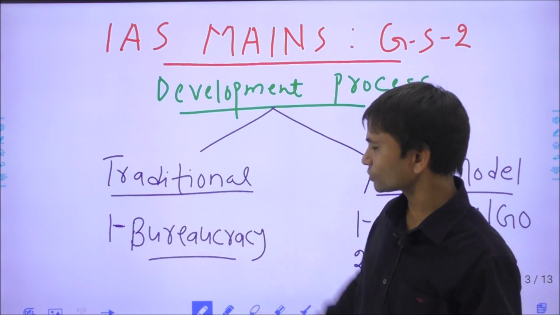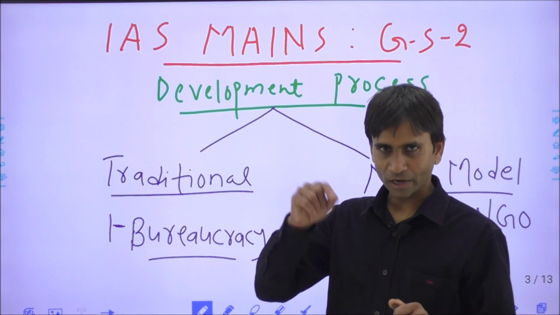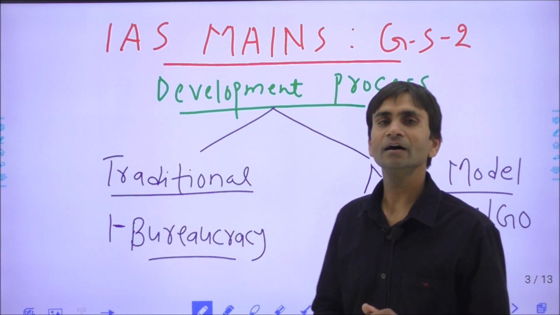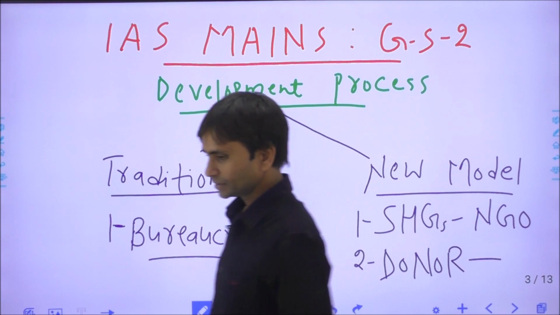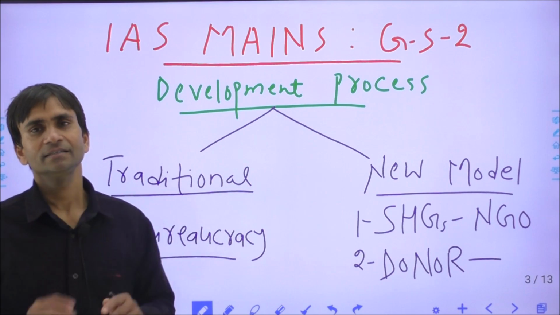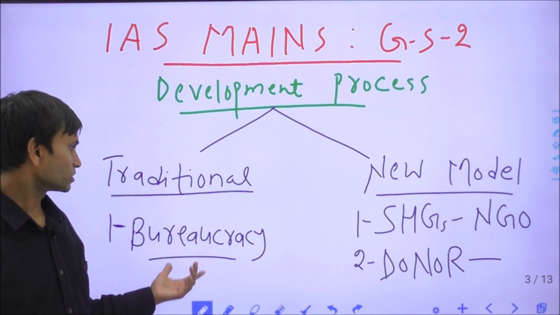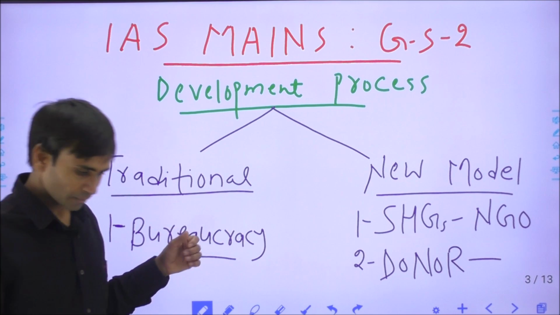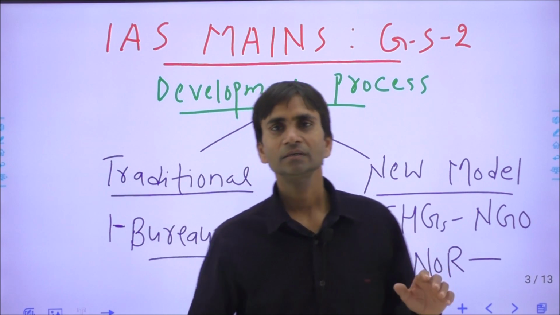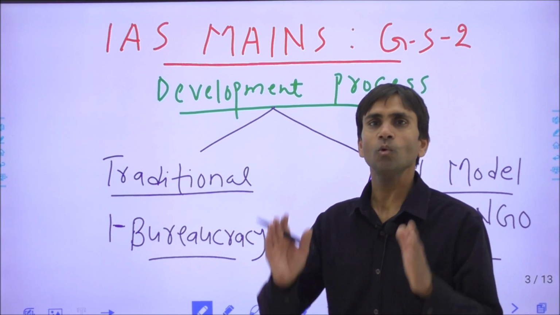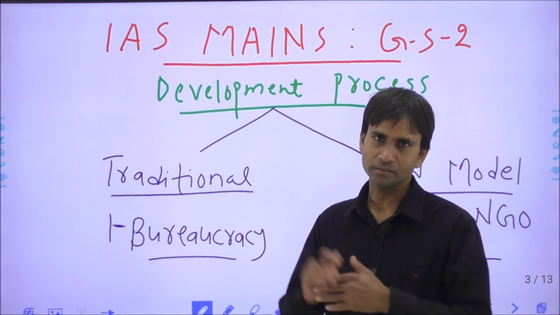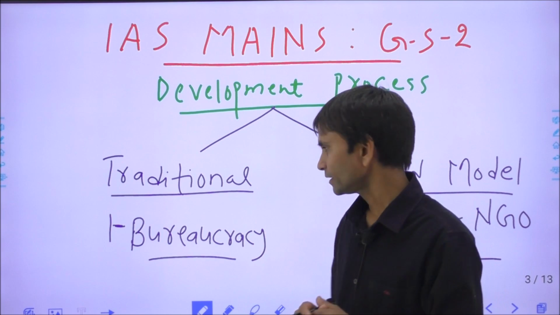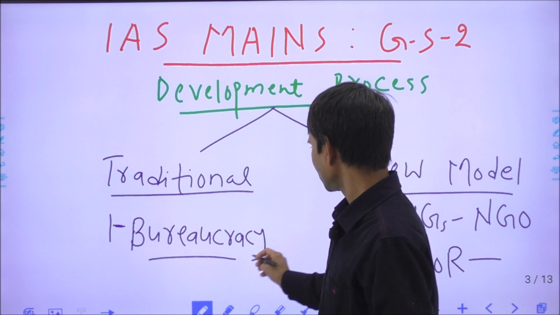And this model has also been working in India since independence. But recently it has been analyzed, and as a conclusion we can say the model has not been successful in attaining the socio-economic development goals. So that's why it has become